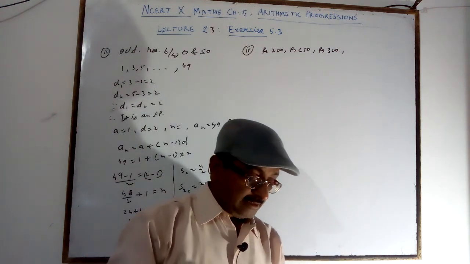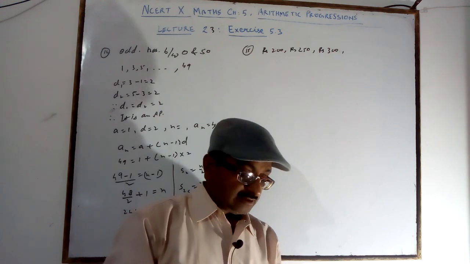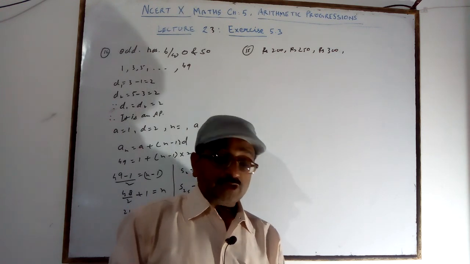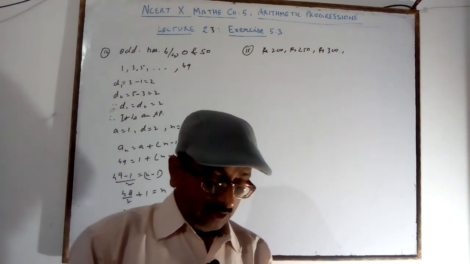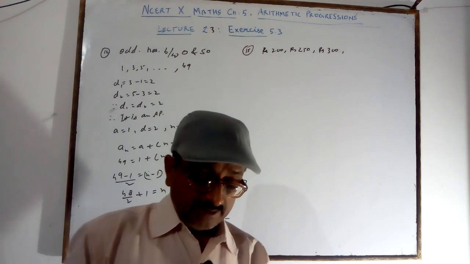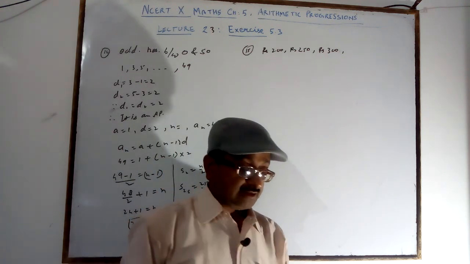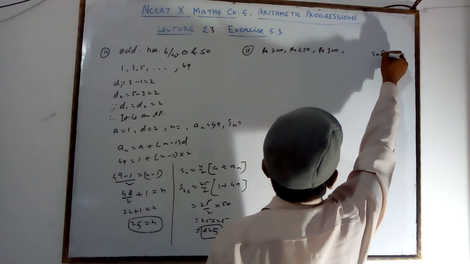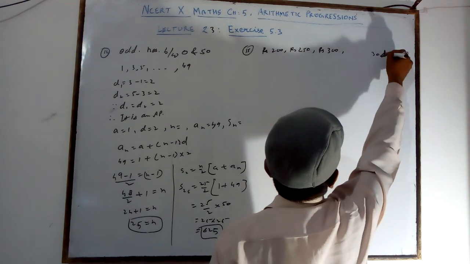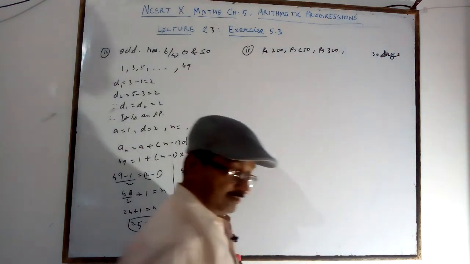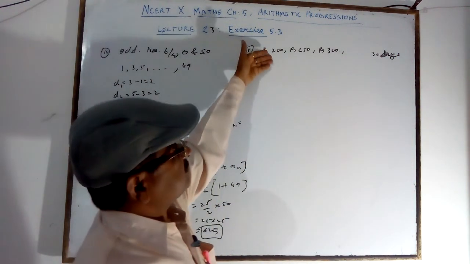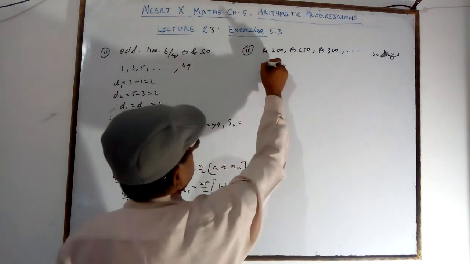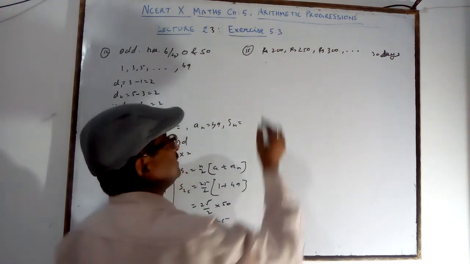So what are you seeing here? It is given 300 for the third day. So the penalty in each successive day is increased by rupees 50 more than the preceding day. How much money will the contractor pay as penalty if he is delayed by 30 days? For the 30 days, what is the penalty? The sum of all the penalties, first day 200, then so on, will be added.